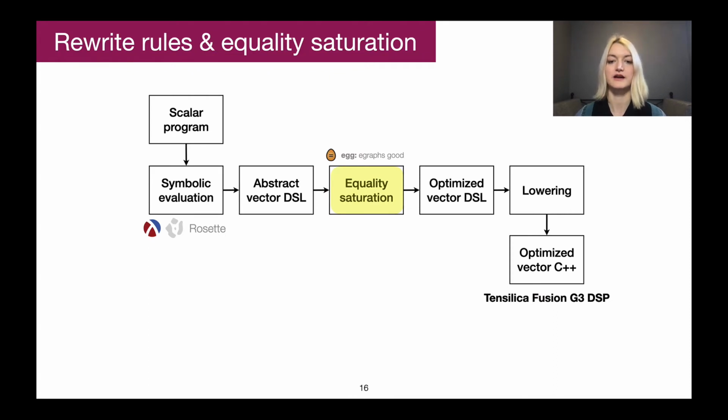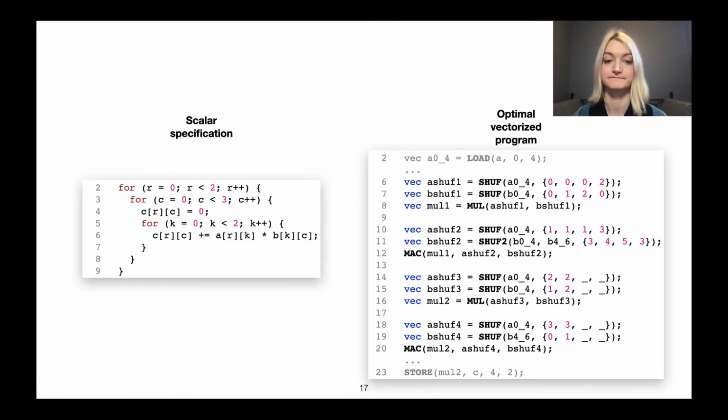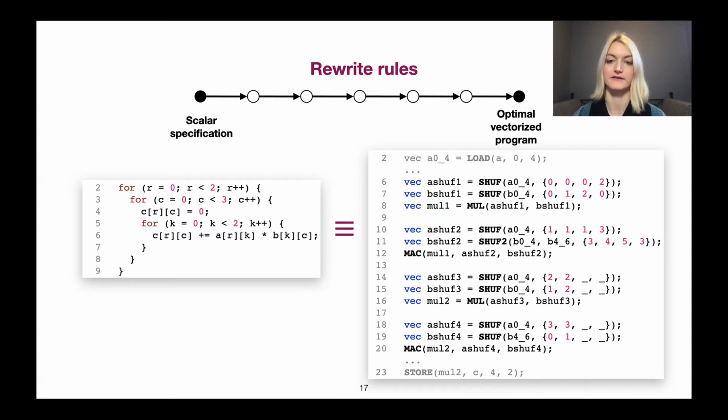Next, I want to touch on our core strategy, which is using rewrite rules and equality saturation. If you want to know more about this technique, I encourage you to check out the recent Popple paper from folks at University of Washington. The core insight in this paper is that we can see our scalar specification and our optimal vector program as equivalent. And further, we can understand this equivalence as a series of rewrite rules that transform the scalar specification into